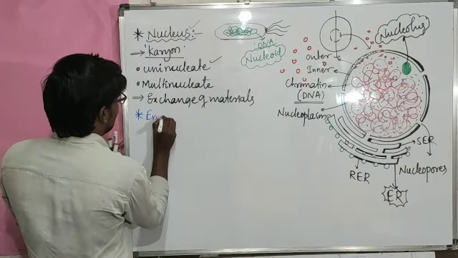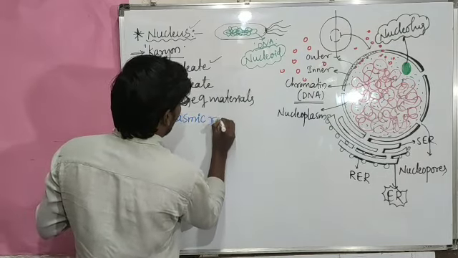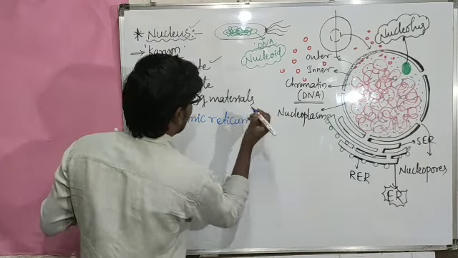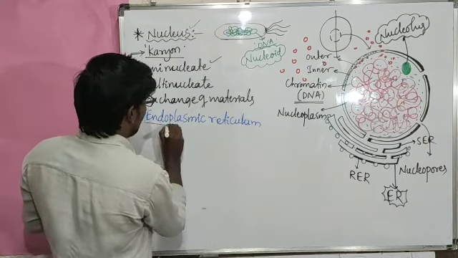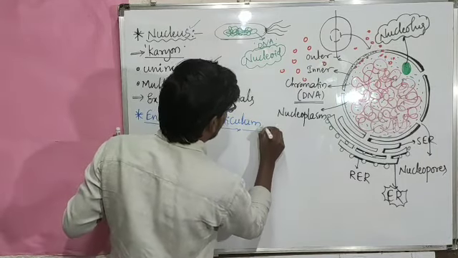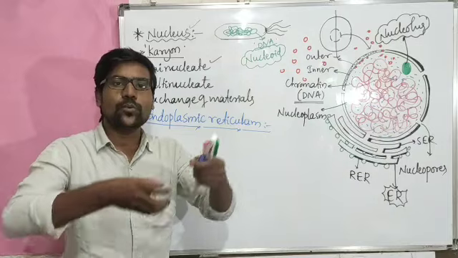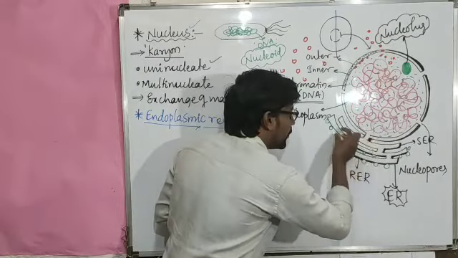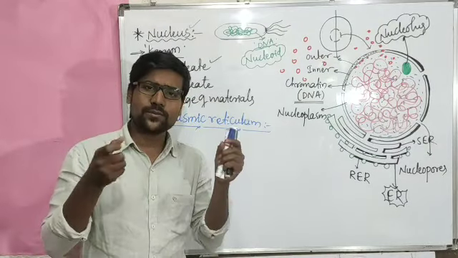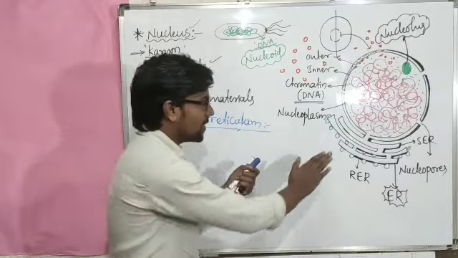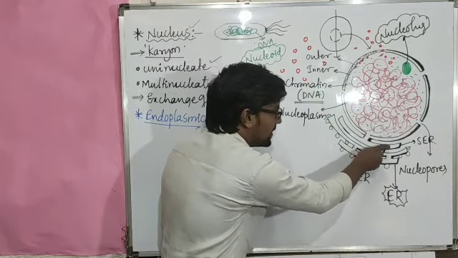If we consider the endoplasmic reticulum, shortly we will abbreviate it as ER. Actually, endoplasmic reticulum is a tube-like structure. All these are longitudinal tube-like structures. Imagine the tube-like structures as just pipes. Now we have cut them in the longitudinal direction to observe inside. Inside here also a matrix is present.